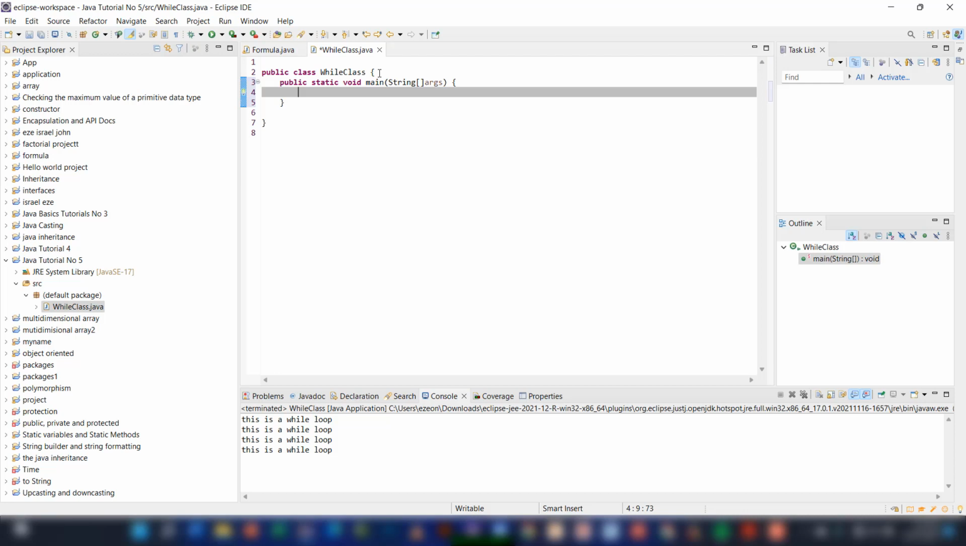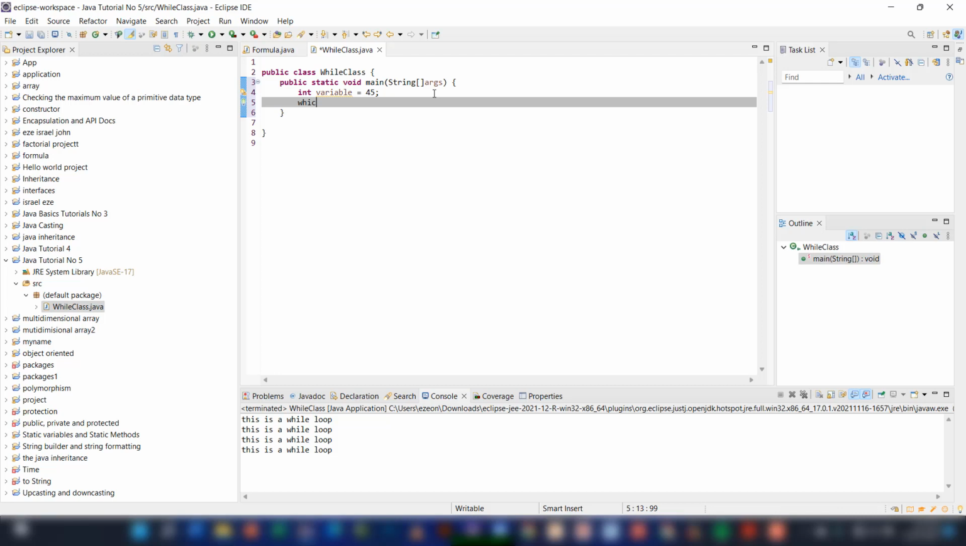So let's demonstrate what a while loop is. As we've said, a while loop is used to repeat a certain statement until a given condition is true. For example, let's write a simple statement. If we say int variable and we assign a value to the variable, say 45. Now we can use the while loop by saying while variable is less than 45,